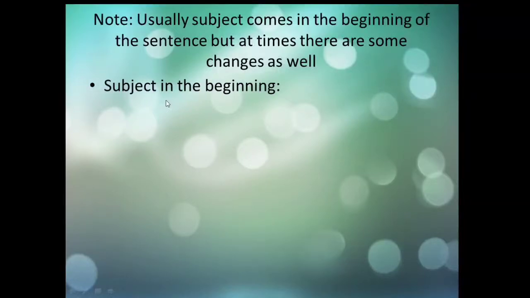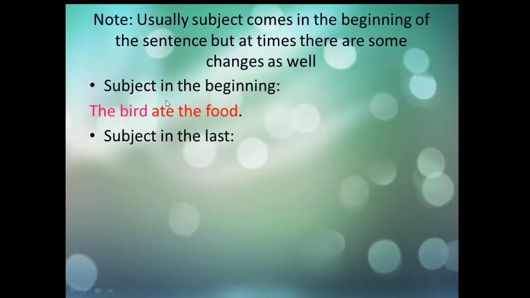The first type is the subject comes in the beginning, as we had earlier. Again, we have an example here. The bird ate the food. Who ate the food? The bird. So the subject is the bird, which comes in the beginning, and the predicate is ate the food, which comes at the last over here. If you see, the pink colored words are the subject and the red colored ones are your predicate.